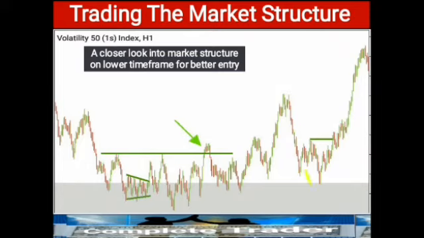Then we have the strong pullback coming down. Up move, down, breaking this low. Now this level is a key price level to look at. If that level is broken, we could have bearish signals, or we could have bearish movement going up, and that's exactly what we see here to the upside. So